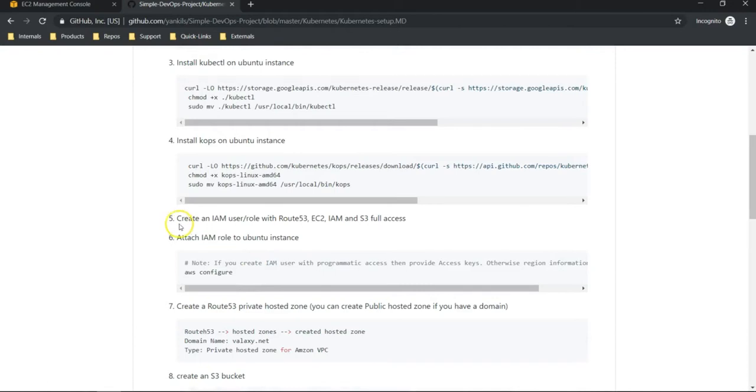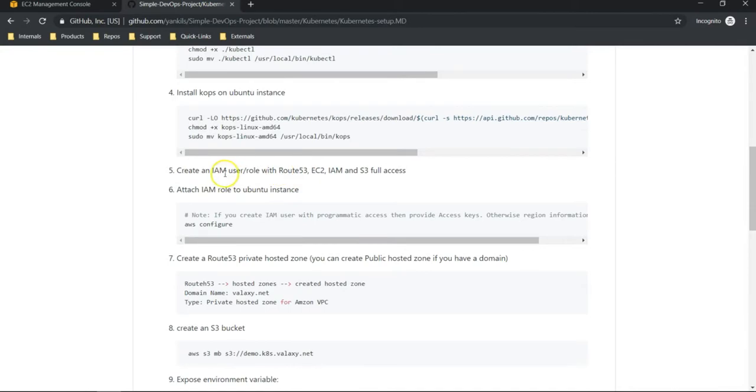After that, we should jump into the AWS console and create an IAM user or role. In our case, we are creating the Ubuntu system on the AWS account itself, so a role would be fine. This role should have access to Route 53, EC2, IAM, and S3. To these services, we should have full access. Once we have created the role and attached this IAM role to our Ubuntu system, after attaching, we should execute AWS